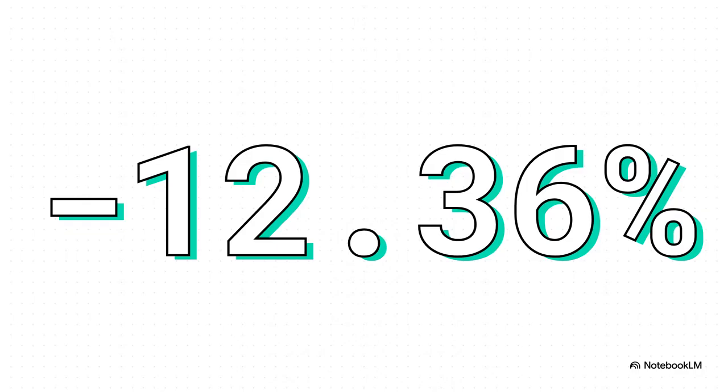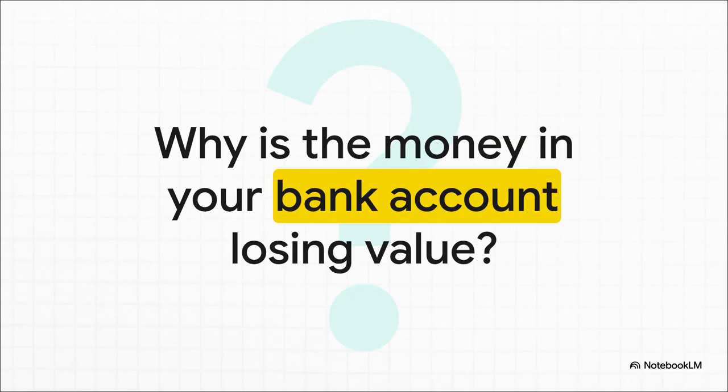So the author kicks things off with this one really stark number, negative 12.36%. Now, what is that? Well, according to his analysis, that's how much the US dollar has fallen against other world currencies just since January. That's a pretty significant drop, and it raises a huge question for anyone holding dollars. And this leads us right to the central question he's posing. If your money's in dollars, this kind of decline hits your purchasing power directly. So the big question is, what does he think is causing this?